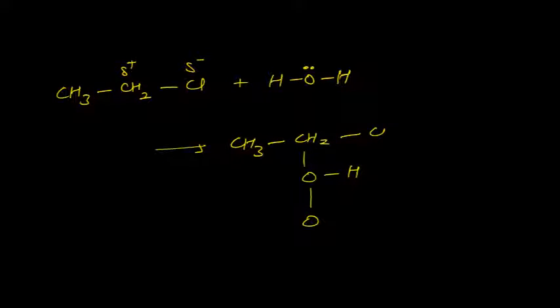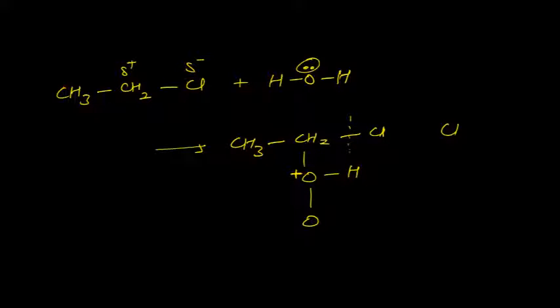Now, because both of these electrons have been given to carbon to form the bond, oxygen gains positive charge. Remember why I have written positive here. Oxygen gains positive charge because it has given 2 electrons to carbon. Now, when this got attached here, this carbon now has 5 bonds, which is not possible at all. That's why chlorine goes away.